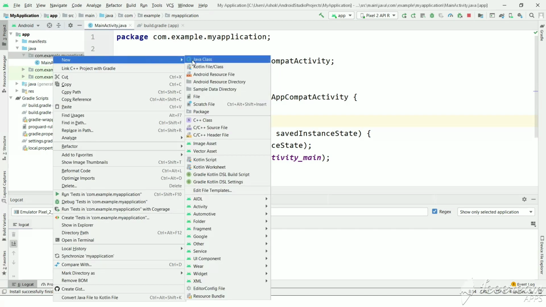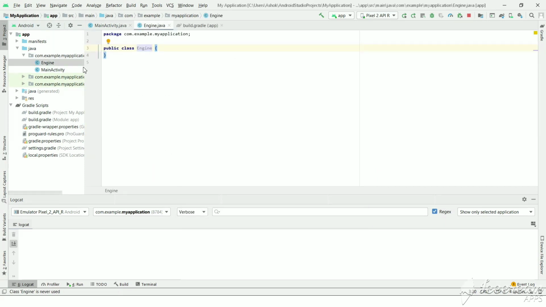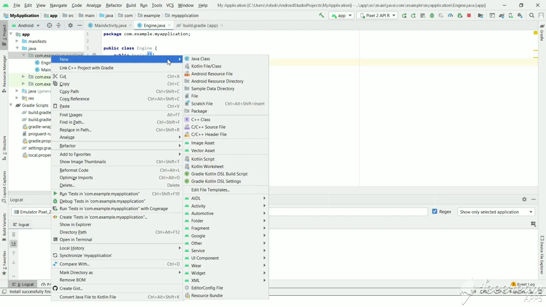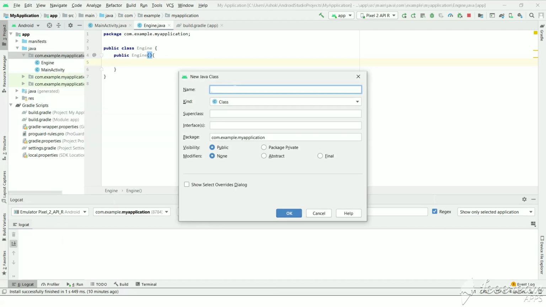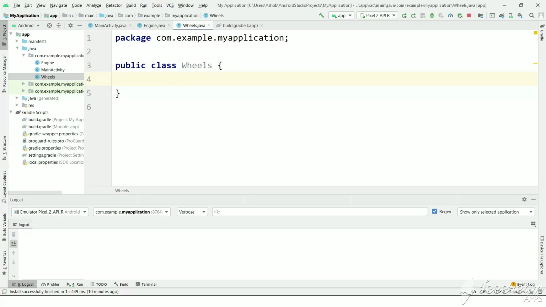Let's create a class engine, and let's have a default constructor. And let's create wheels, and let's have a default constructor.